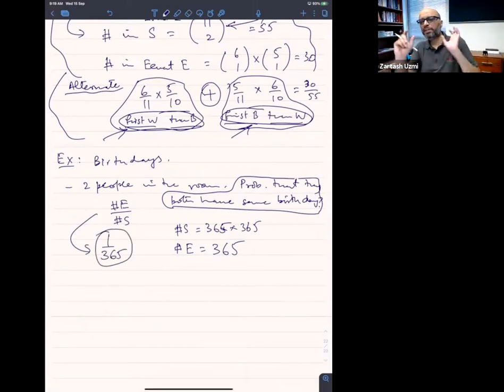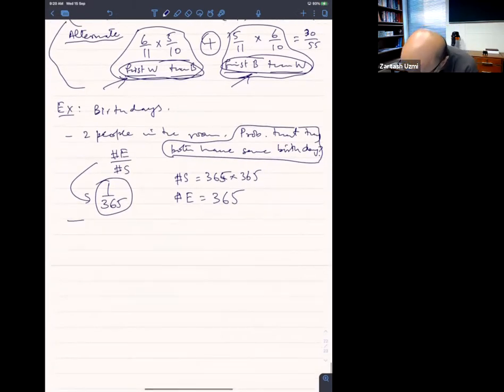या ऐसा भी हो सकता है. Think about the first person. The first person can have the birthday on any of the day of the year. What is the probability that the second guy will have the birthday on the same day जो पहले वाले की है? It's 1 out of 365. So ऐसे भी इसको देख सकते हैं. ये तो दो लोगों के लिए कि if you have n people,